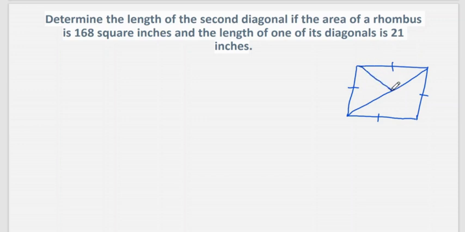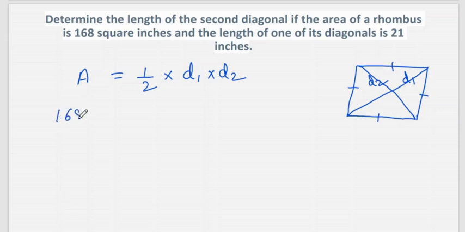So let me take one diagonal as D1, another is D2. Okay, length of one diagonal is D1 and length of another diagonal is D2. And we know the formula for finding the area of a rhombus if we know the diagonals. What is that? Half into product of diagonals, that is D1 into D2. So what is the area given? Area is given as 168 square inches